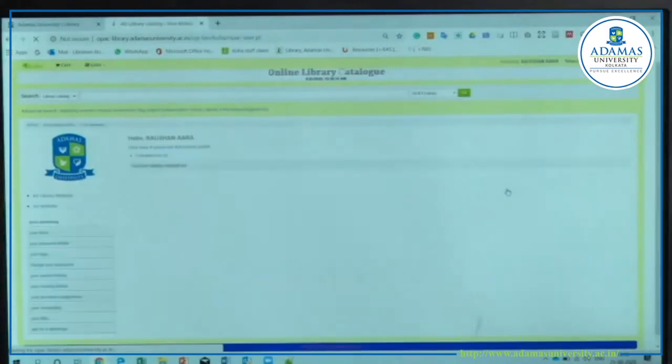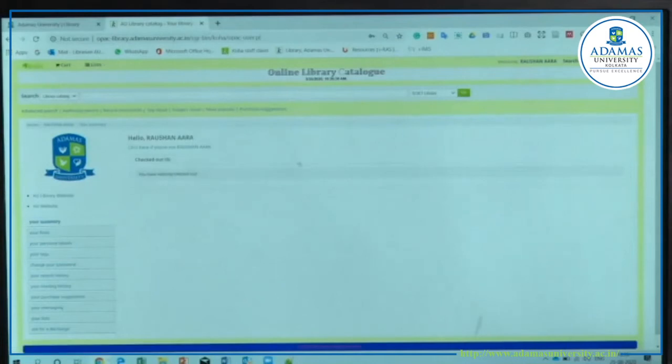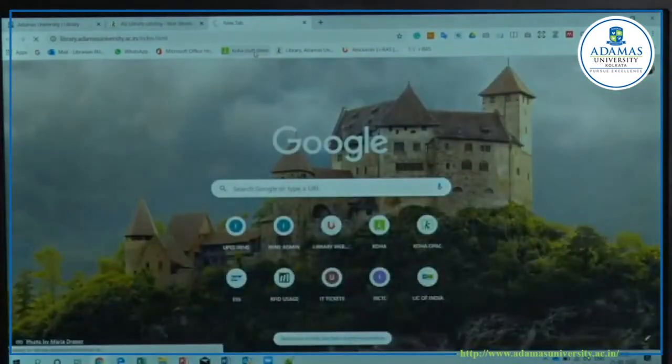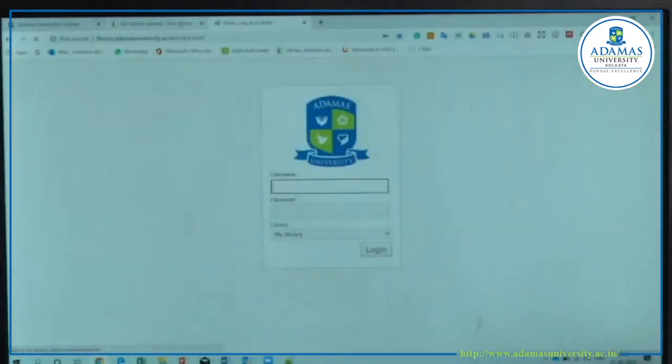I cannot show it, but yes, you see here I am issuing one book against my name. After that you can see the reflection.